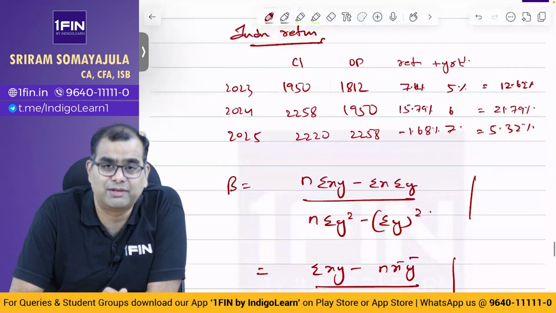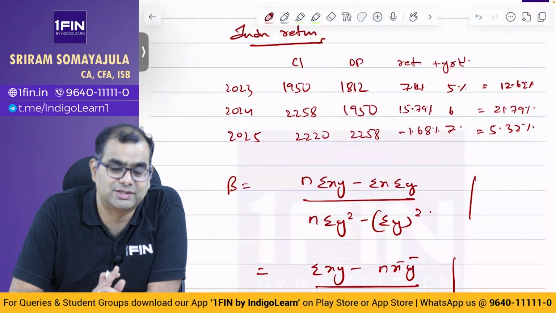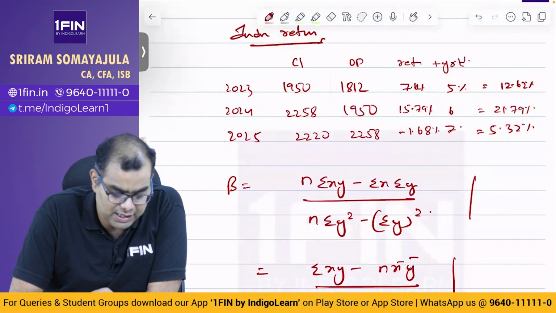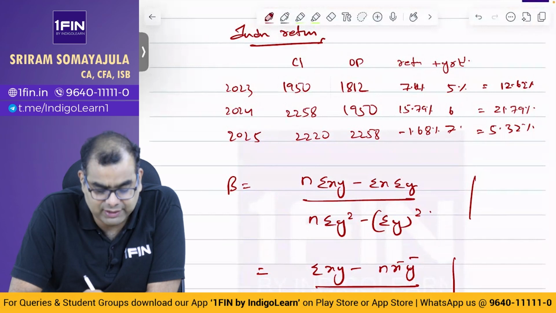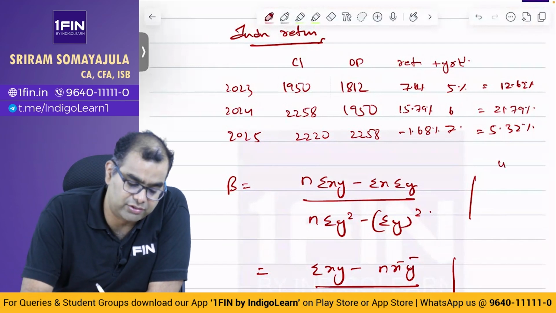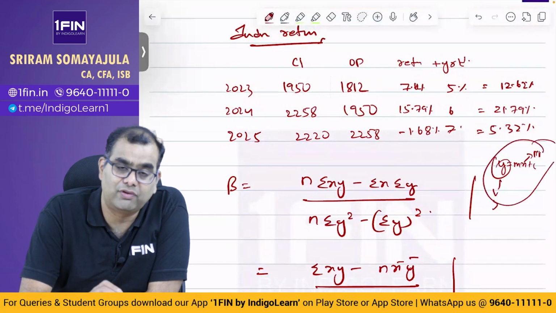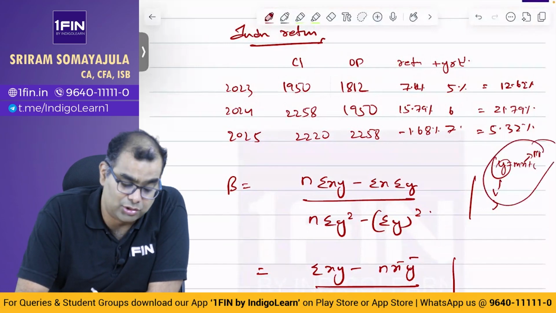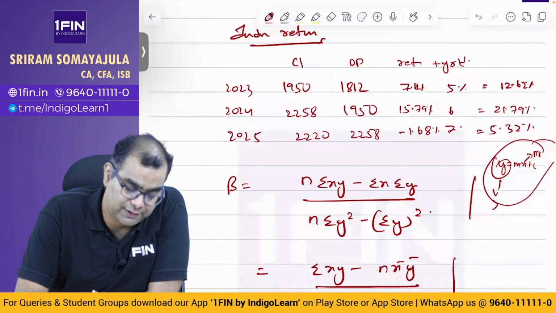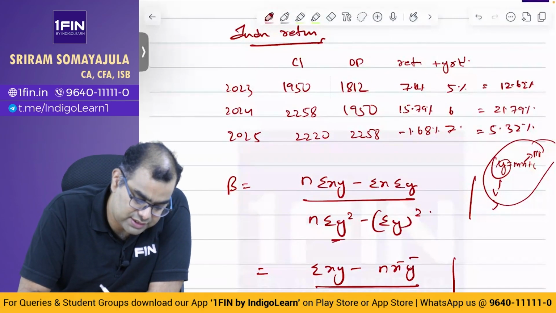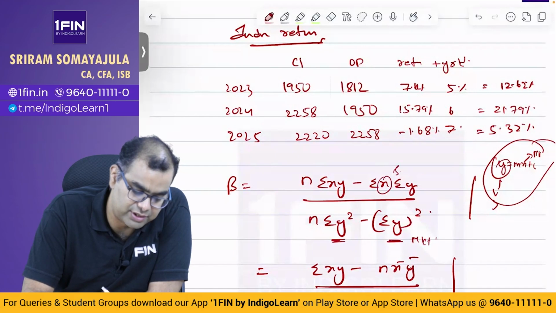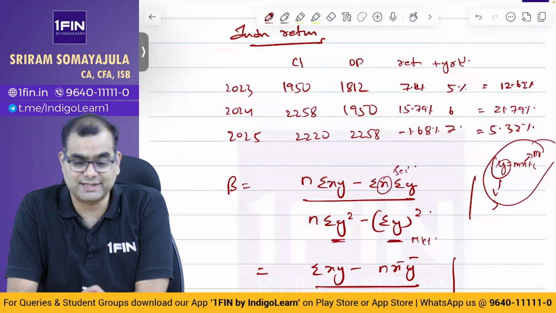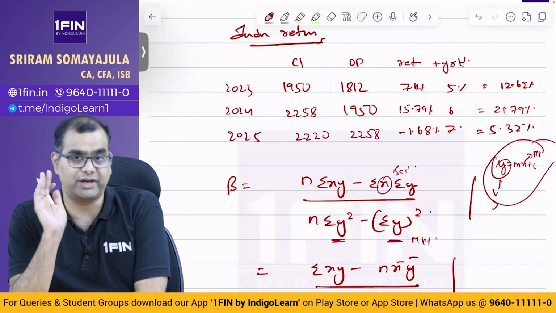Now you have to first tell me what is x, what is y, what is dependent, what is independent. In this particular thing, don't get into the confusion of y is equal to mx plus c, where this is the security and this is the market. That is only for you to understand the slope equation. Don't bring that logic into this. Here y is market, and x is basically the security. So use x as security and y as market. Please don't forget, this is a very, very important thing.